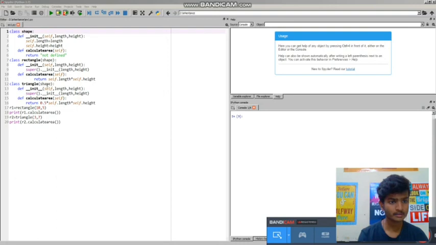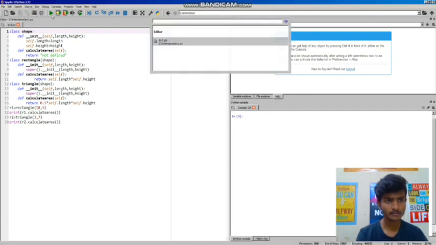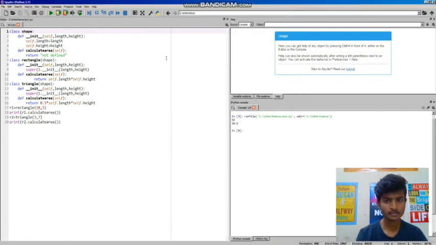Class Triangle inherits Shape. I take length and height, call super with length and height, and calculate the area, and this is the formula for the triangle: 0.5 into length into height. If R1 is a rectangle with 10 and 5, give it like this and run the program. R2 is a triangle with 3 comma 7, give it like this and run the program. So see this is